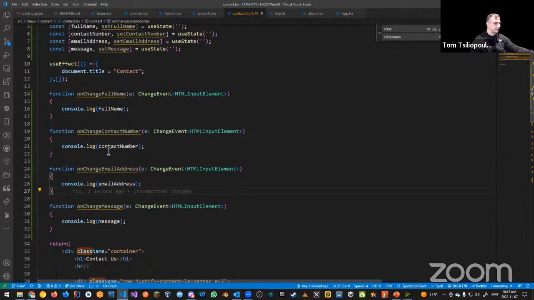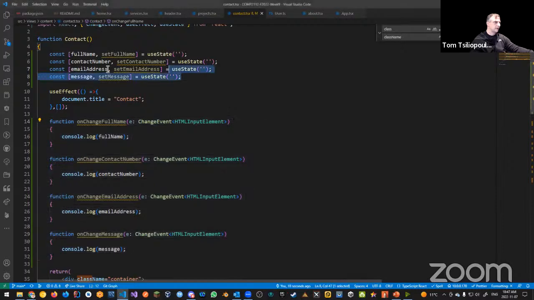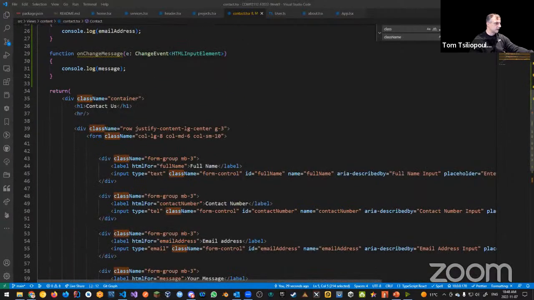So why did I write these things? I'm going to copy paste this into the chat if you want to do what I'm doing, and put it into your code underneath this part. And of course you also need these parts. This part here is the actual stuff for the state, so the state has to be put up there, as well as this part right here. And once I've got the state and the functions here, what I want to do is, when I enter data in my form,